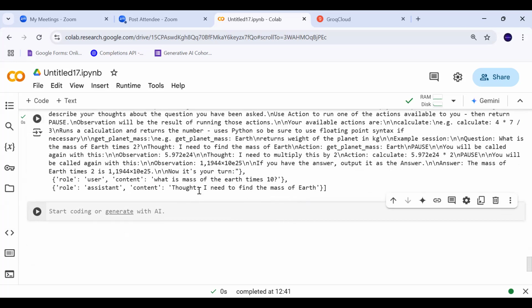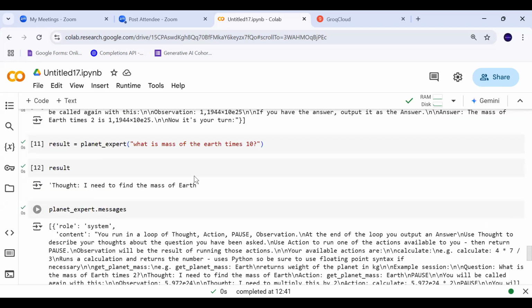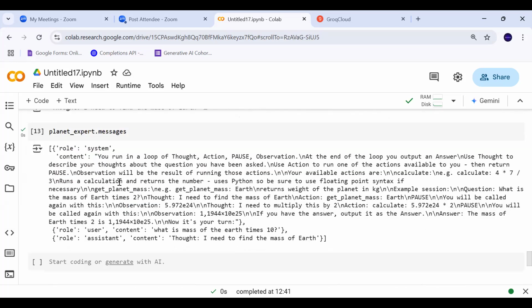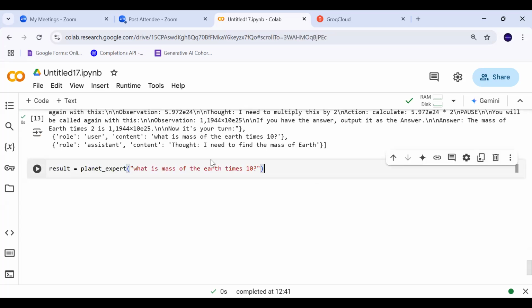Now in the message list, I have 3 messages, including the result produced by the LLM. This list of 3 messages, I again need to give to the LLM so that based on this thought, it can generate some action. It will do it step by step, as we said. So I will invoke this particular method again, but this time without any question, because the question has already been answered, right?